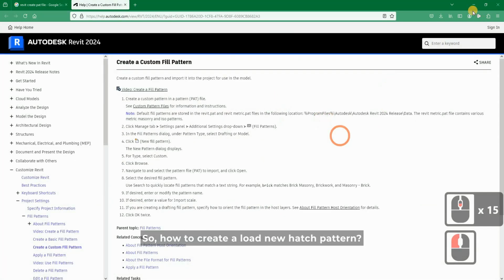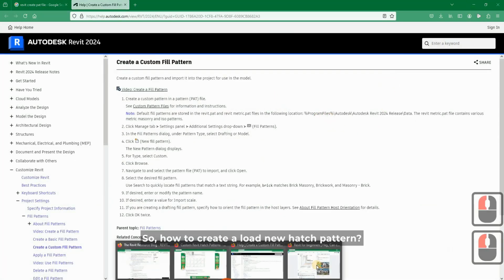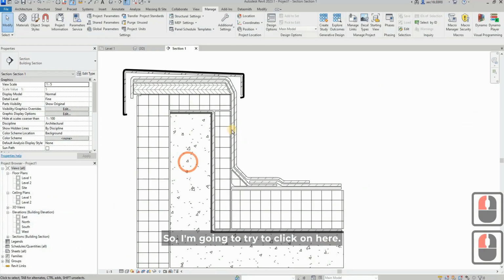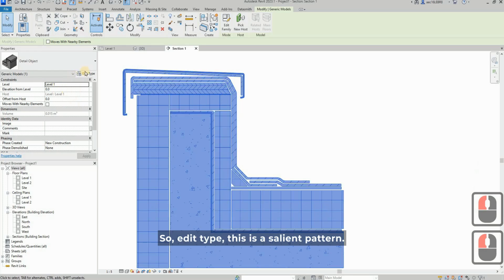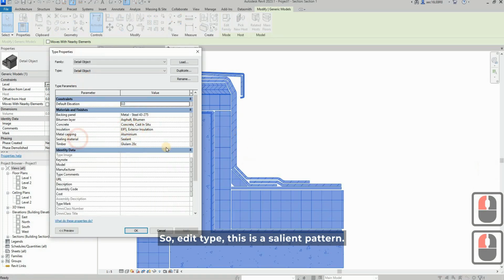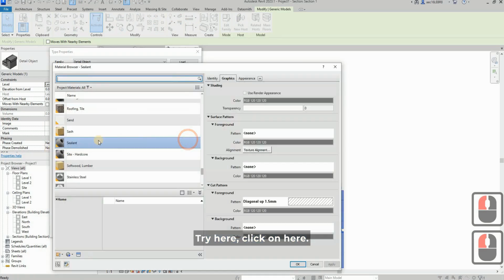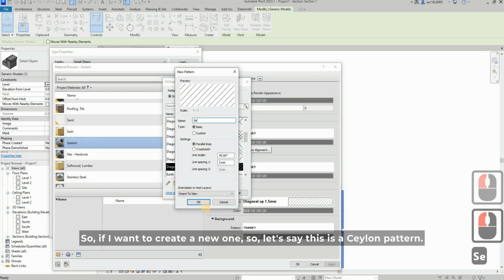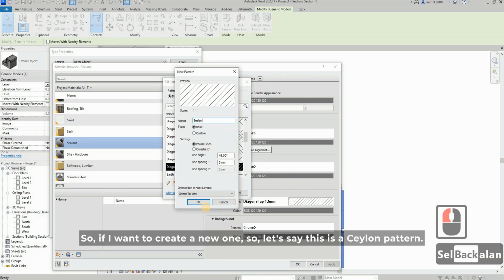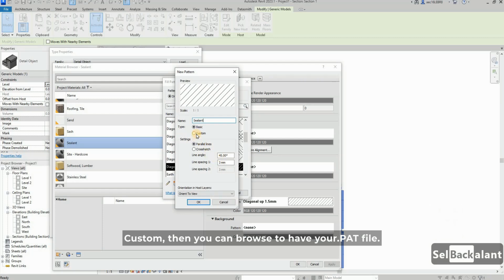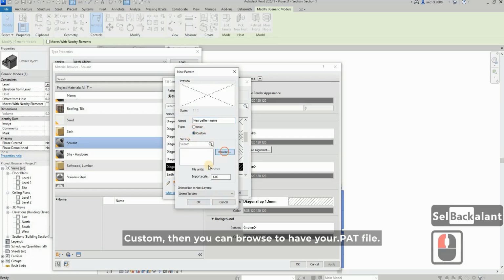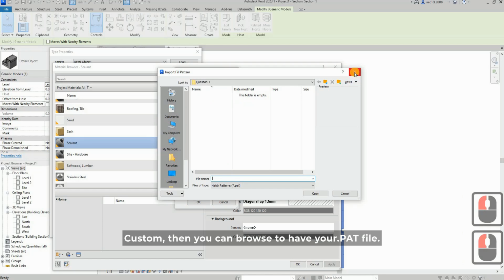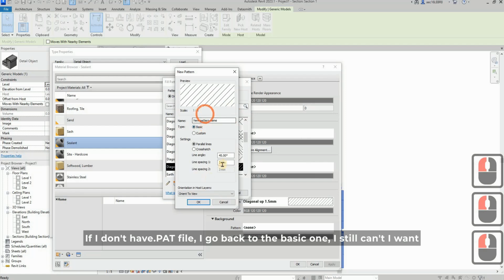Okay, so how do we load a new hatch pattern? I'm going to click on here. Edit type, this is a sealant pattern. Click on here. If I want to create a new one, let's say this is a sealant pattern, custom. If you choose custom, then you can browse to your .pat file. If I don't have a .pat file, I go back to the basic one. I still can